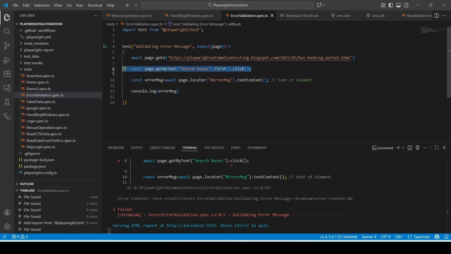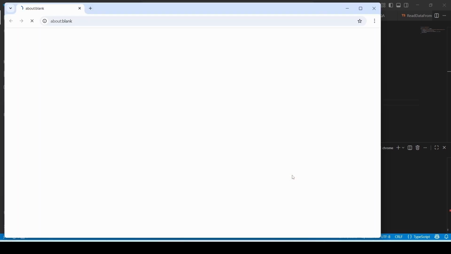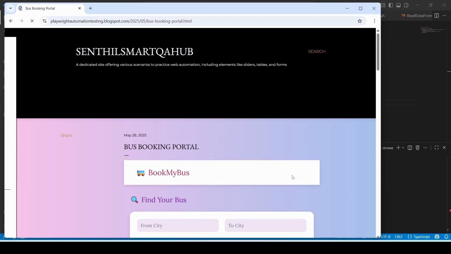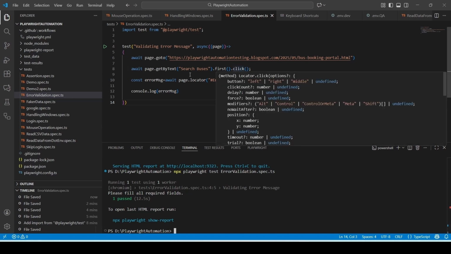So it will click on the first element. Let me rerun it. Now it is executed. Once you open the application, it will click on Search Buses, and then